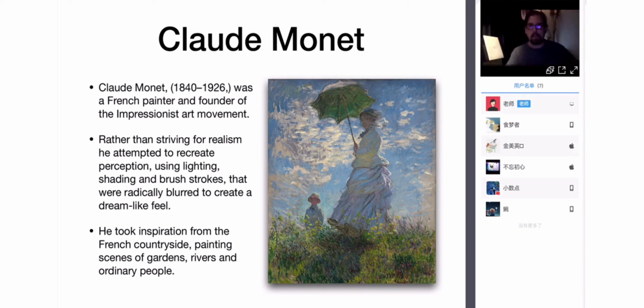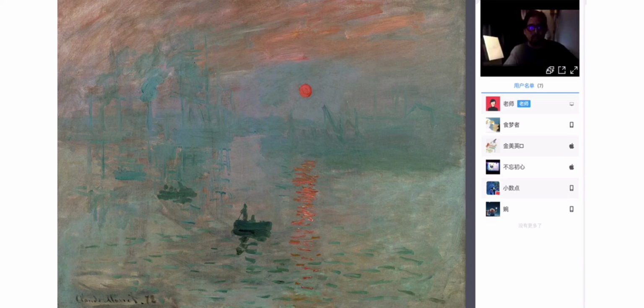And this is the painting, I forgot the name of it. I think it was the Impression Sunset that he said. This was the painting that got the big rejection. And it's quite messy, I must say. But the choice of color does give you that kind of a feeling of early dawn, I believe, or late sunset, Impressionist sunset, and how the fog of the water coming off of the river